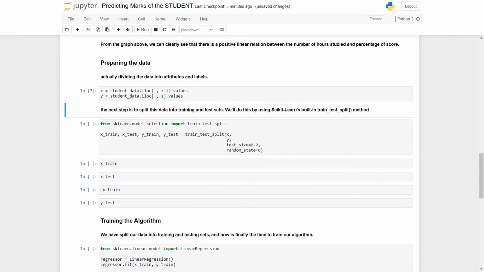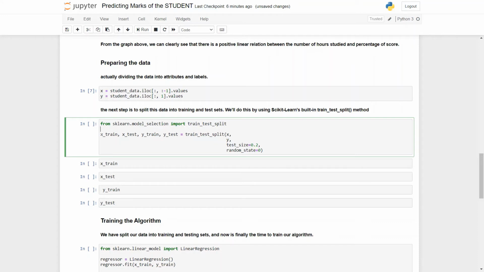The very next step is to split the data into a training set and a test set. To do this, we will use scikit-learn's built-in method called train_test_split. In this cell, the first thing we do is import the method train_test_split from sklearn.model_selection.